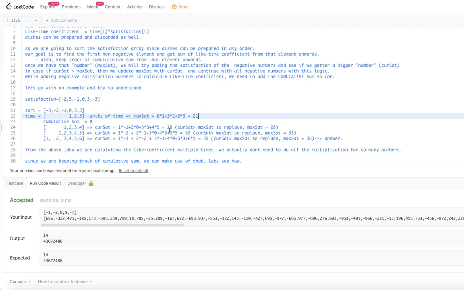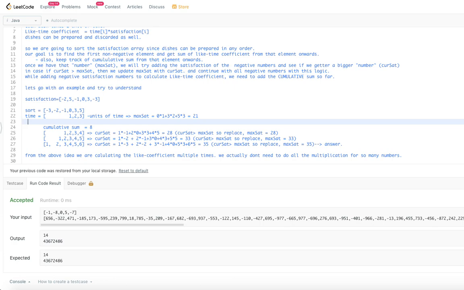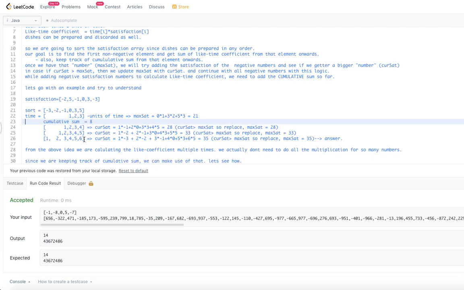And what is the cumulative sum? Just for only these 3, right. The cumulative sum will be 0, 3, 8, right. The cumulative sum will be 8. So that's what I got, right. Next, we are going to take this off. This is just for the understanding. So the cumulative sum is 8.